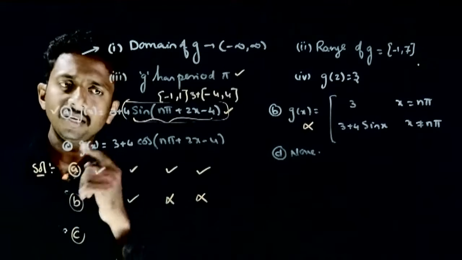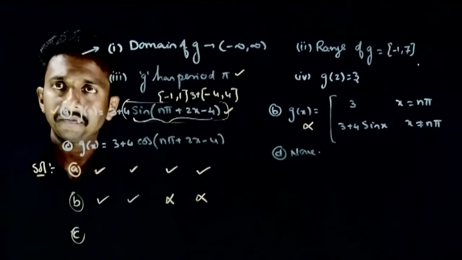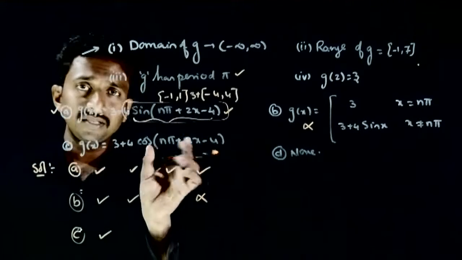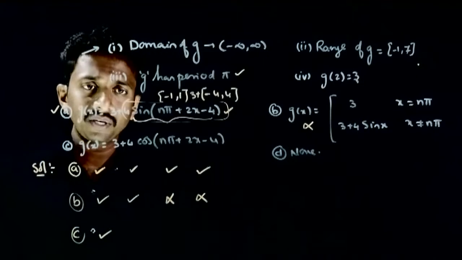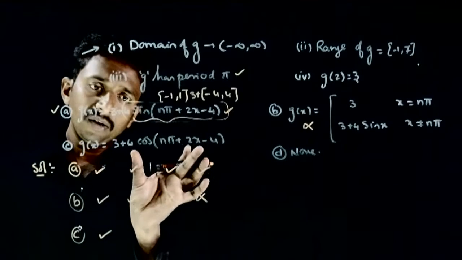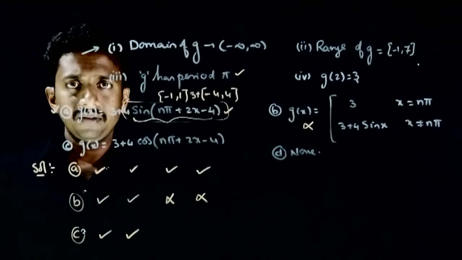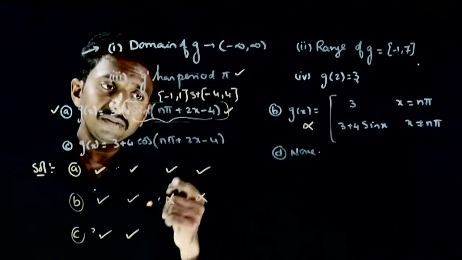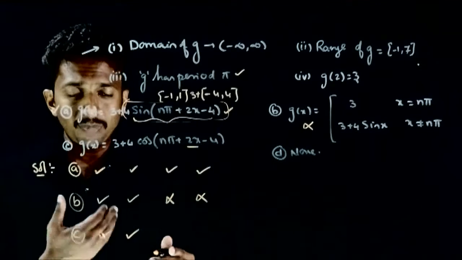अब third function लेंगे, 3 plus 4 cos(nπ + 2x - 4)। इसका भी डोमेन -infinity to infinity क्योंकि cos is defined for all numbers। सेकेंड कंडीशन, रेंज इज -1 to 7, वो भी सही क्योंकि cos भी -1 से 1 के बीच में रहेगा। 4 cos x -4 to 4, plus 3 किया तो -1 to 7, ये भी सही। थर्ड कंडीशन, व्हाट इज द पीरियड ऑफ दिस फंक्शन? अगेन cos का पीरियड 2 pi है बट x के प्लेस में 2x आया so by 2 हो जाएगा।